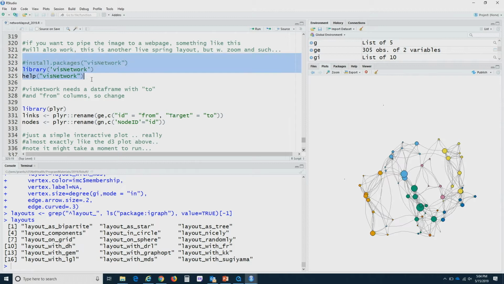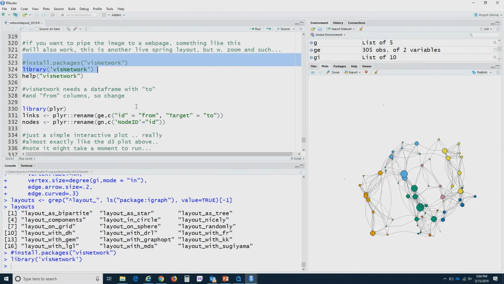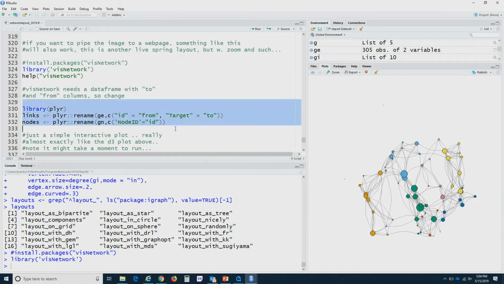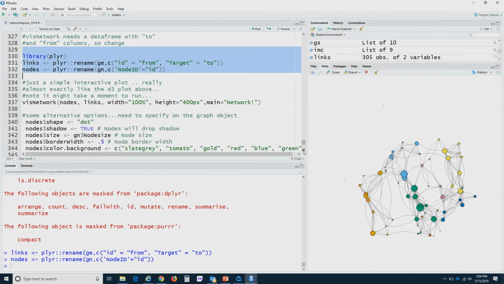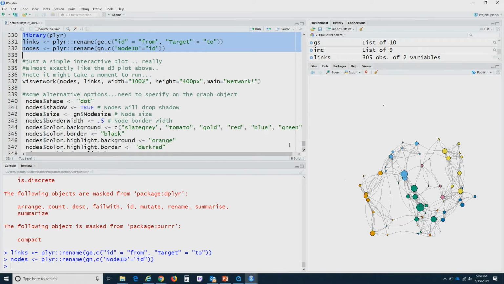And just in the interest of time, for fun, I'm going to show you this. The VisNetwork tool is another one of these spring embedder kind of layouts that are interactive, but it allows you to put lots of different information on top of the network. So in this case,